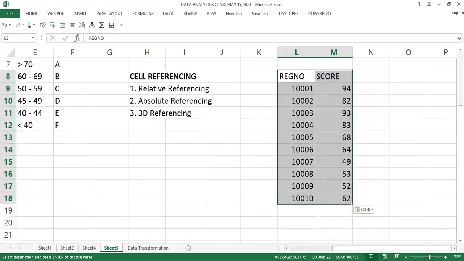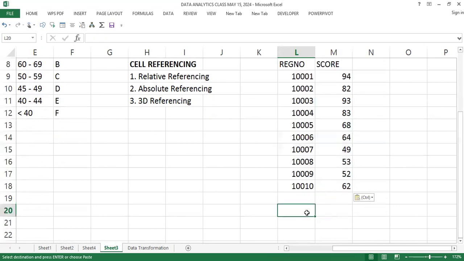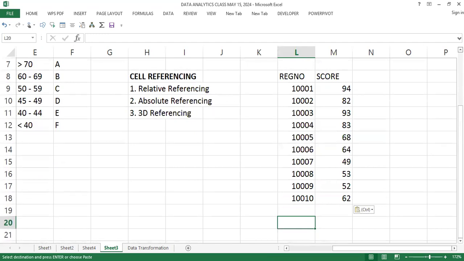Let's consider this scenario where, let's say, for example, let's assume we are dealing with two subjects here. Let's say we are dealing with English